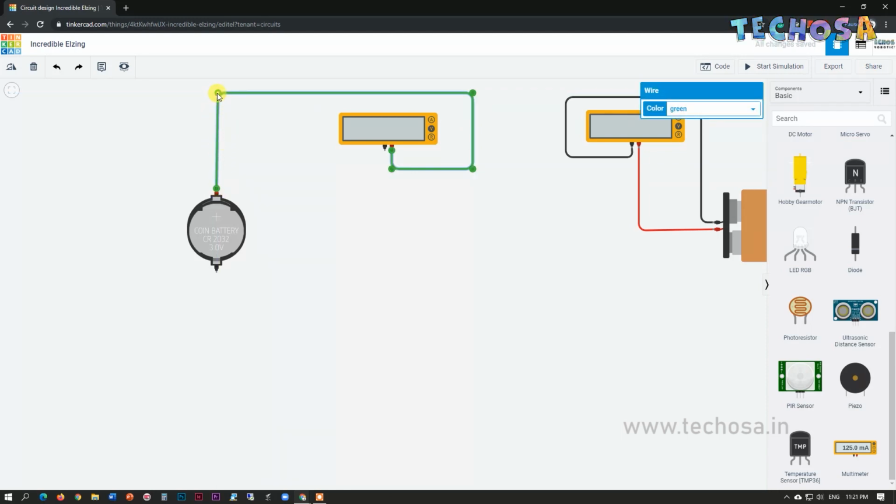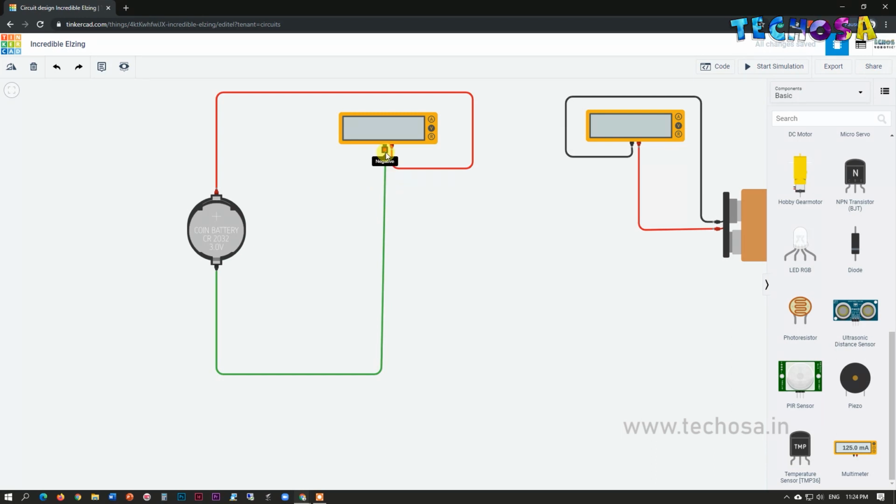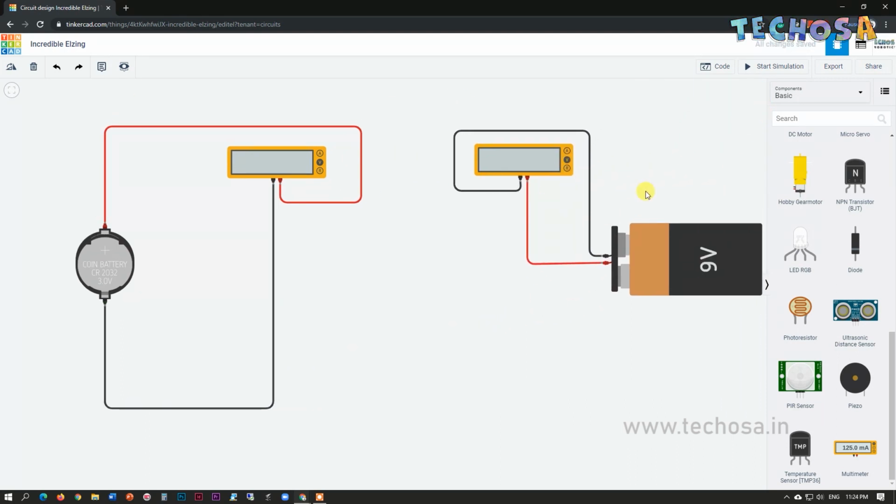Now make the positive connection red color. Now the negative connection: connect from the negative terminal of the battery to the negative terminal of the multimeter. Make the connection black. Now click on Start Simulation.